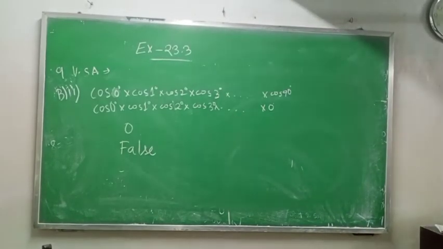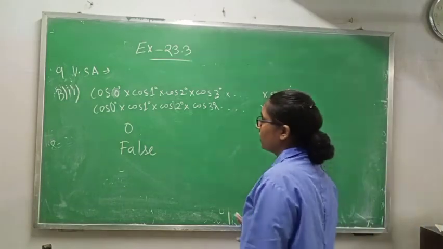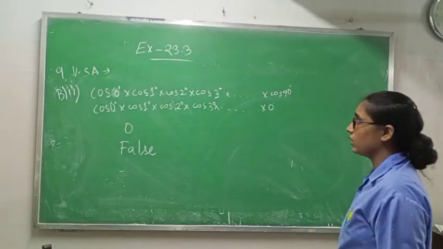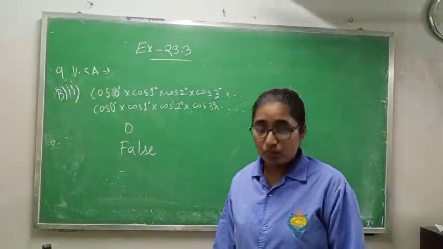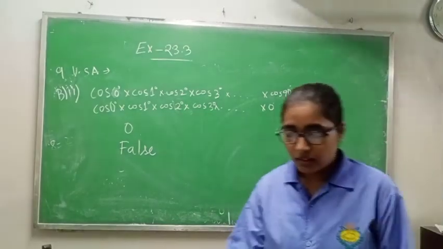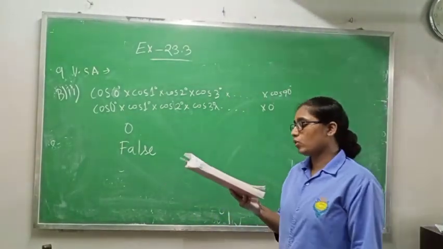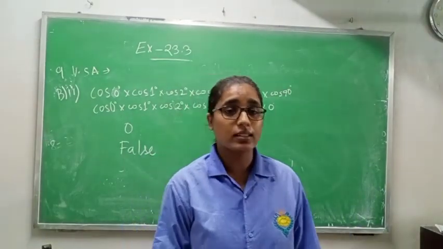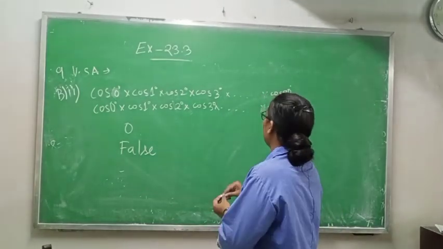Copy this. Class 10, 9b2. Question is cos 0 degree into cos 1 degree into cos 2 degree into cos 3 degree into dot dot cos 90 degree equals 1. They are asking that the value of given cos 0 degree, cos 1 degree, cos 2 degree into cos 3 degree into dot cos 90 degree is 1. They are asking that after solving this one you will get 1. So you have to find the answer.